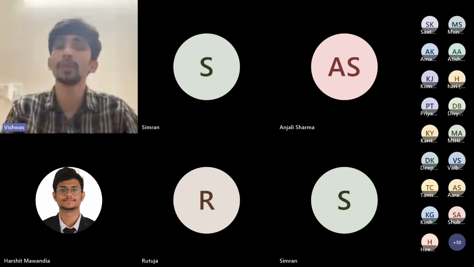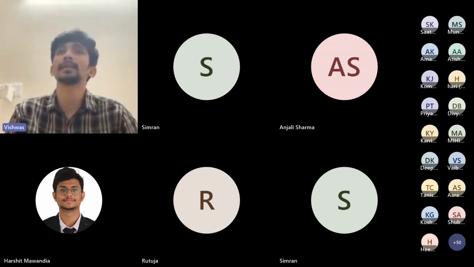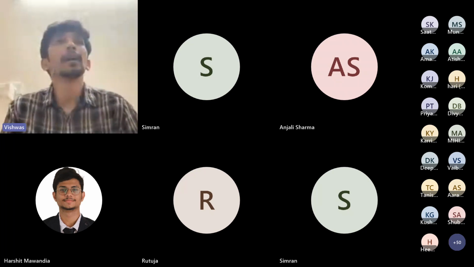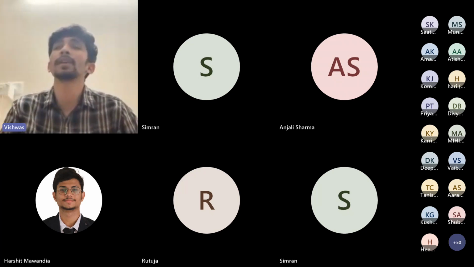So you will observe in the SDE test of quant companies that there are questions based on C++ as well. You should be familiar with pointer level programming in C++. That is also sometimes asked in the test. And apart from that, there are things like virtual functions, etc. Some companies would definitely test your C++ knowledge very deeply because that is the language which is very popular in quant companies.